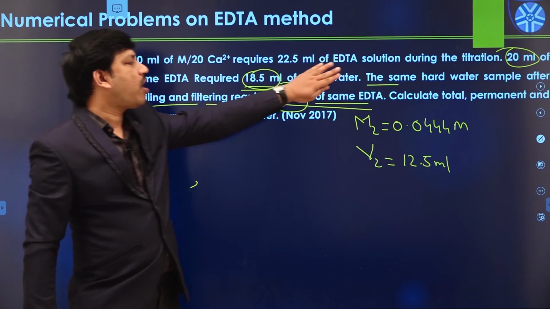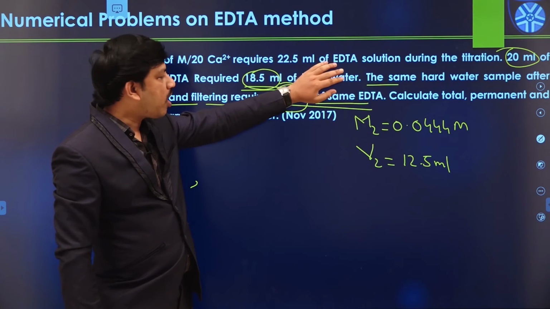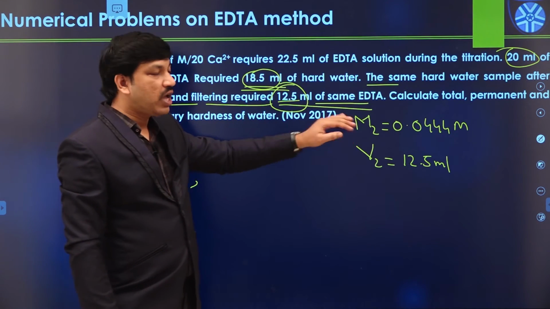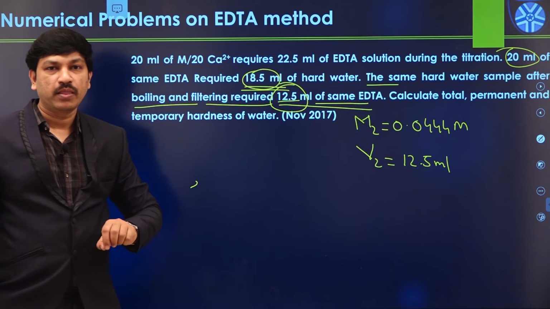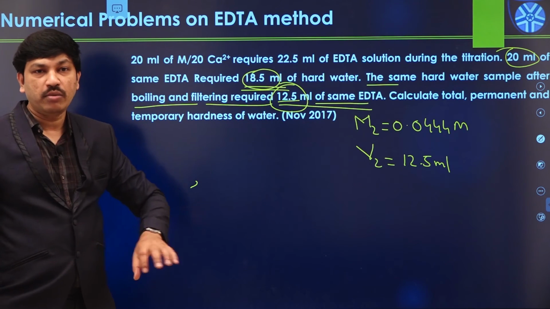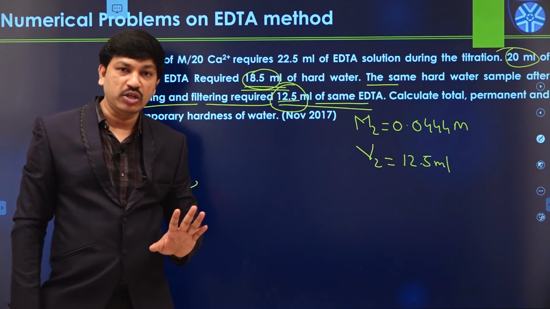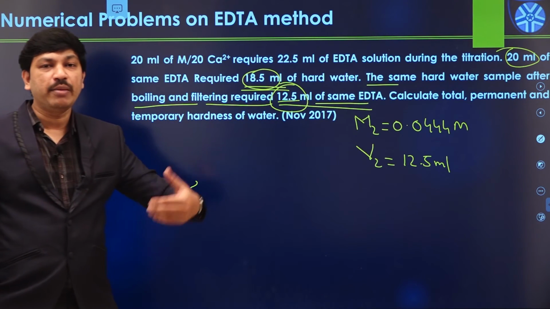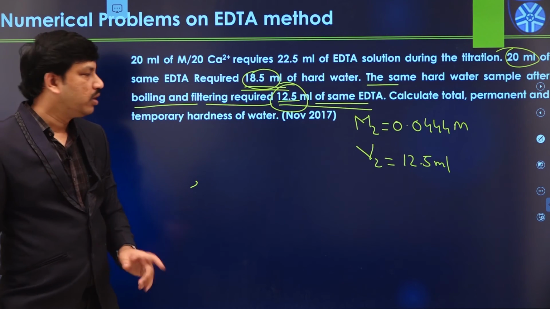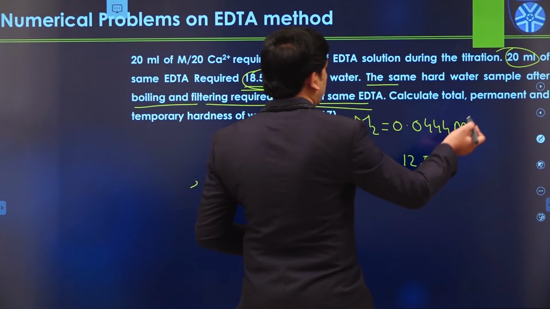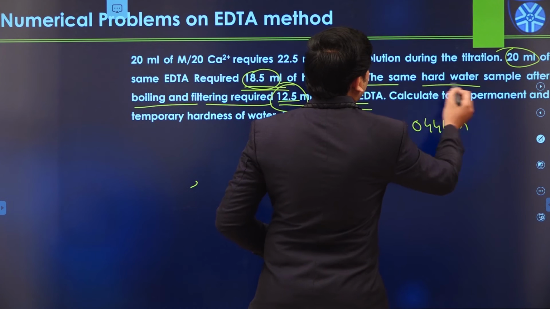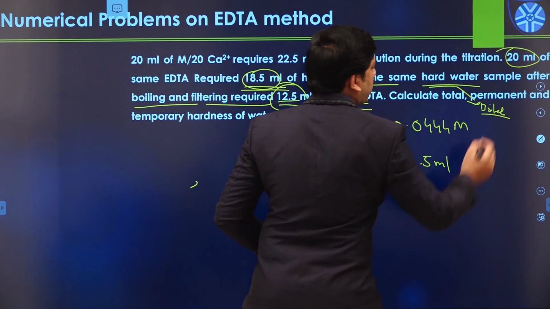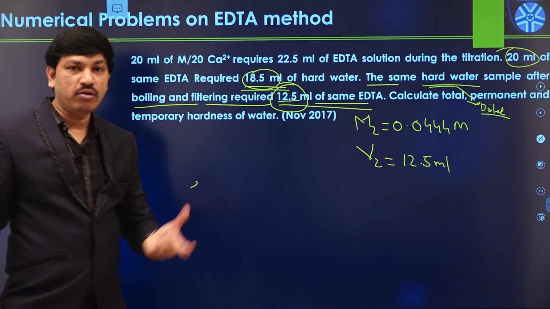And now we have boiled water. Previously we had hard water, normal water that contains the total hardness value. But the third time we have boiled and filtered water. Boiled water always has permanent hardness only. There is no total hardness value for the boiled water, because the temporary hardness has already been removed from the water sample. So the third time we have boiled water only. That means this is a new unknown water.